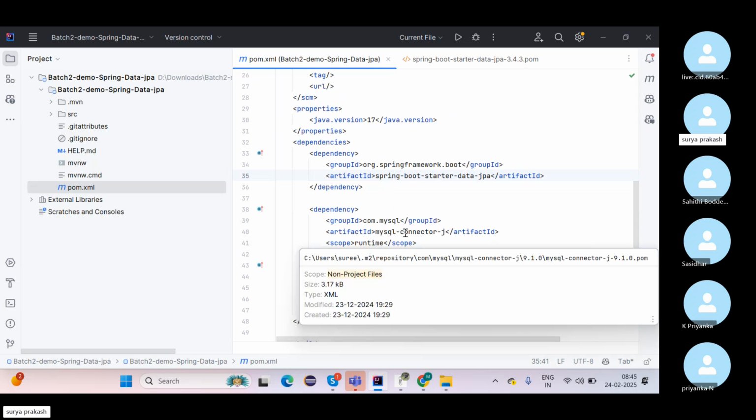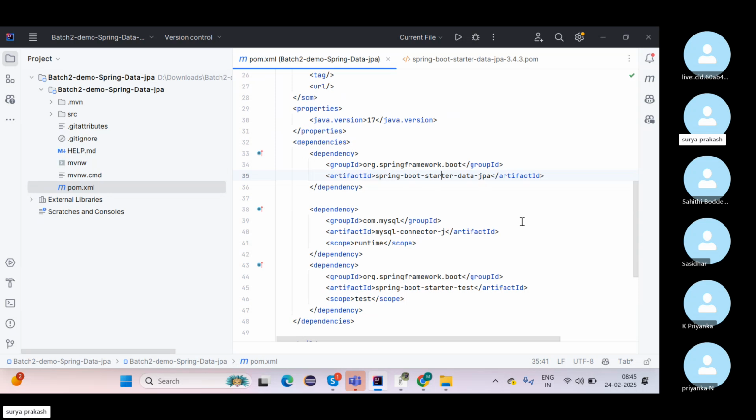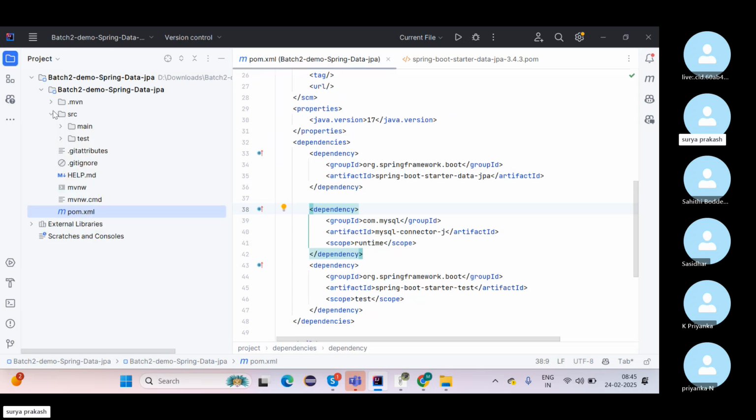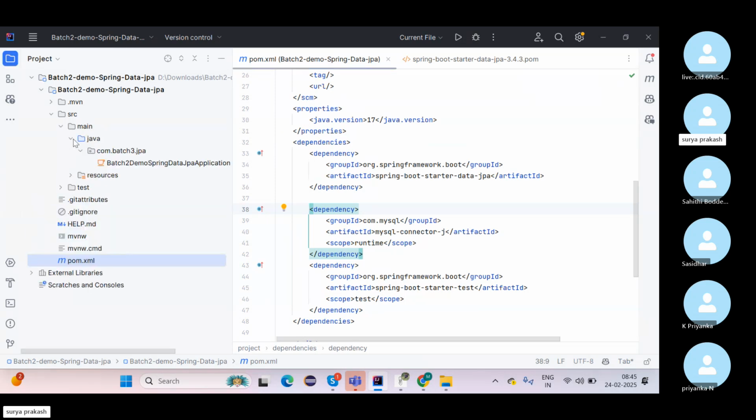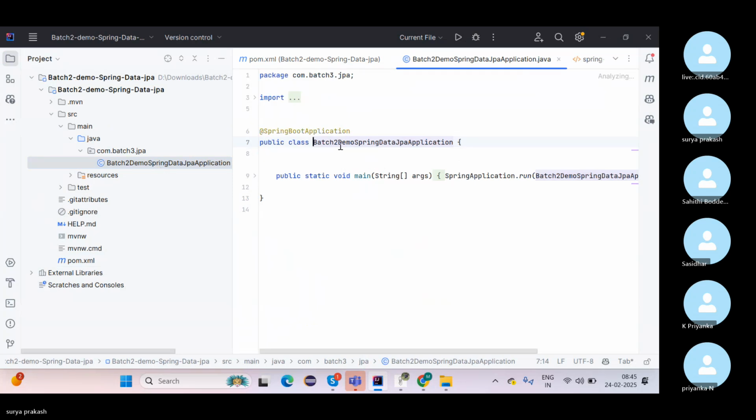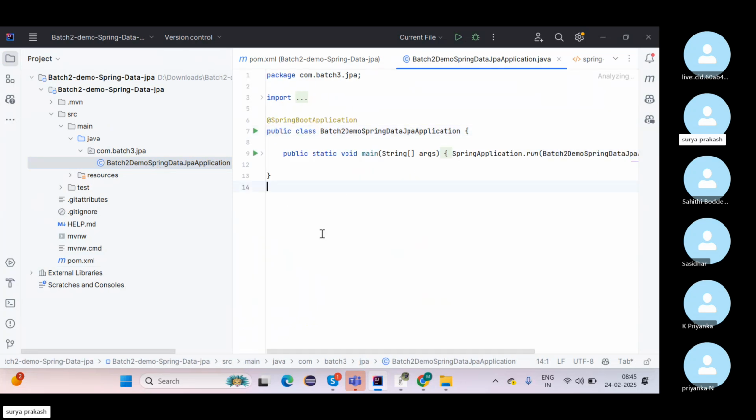MySQL means we are storing data in MySQL, so we need the driver. That's why we are adding the MySQL connector. Okay, just go to the application source folder. So the first thing is